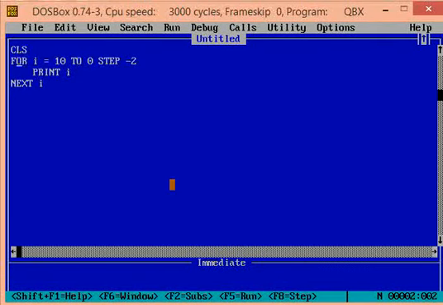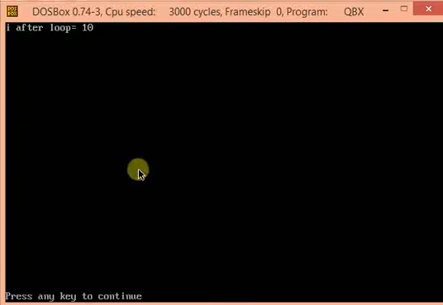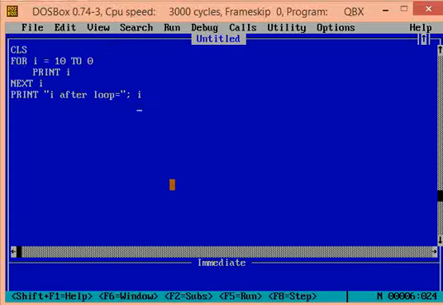One more example. What if I say for I is equal to 10 to 0, print I, then next I. Then again after the loop, I print the value of I. If you see, i's value was printed as 10 because the program didn't enter into the for loop block. The program would check the condition for I is less than or equal to 0. Only when the condition is satisfied, the program will enter the block. But the initial value of I was 10. And of course 10 is not less than or equal to 0. So you need to be careful how you are writing your program. You may want to put step minus 1 in such a case.